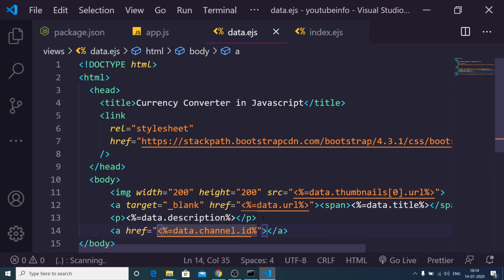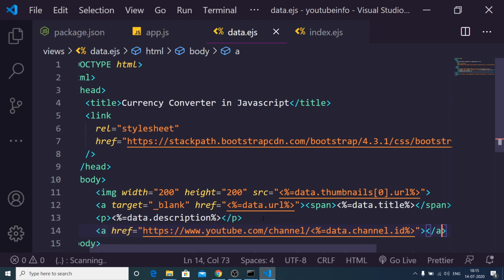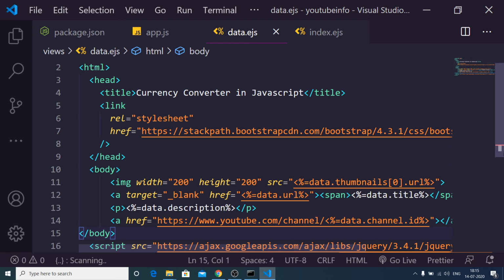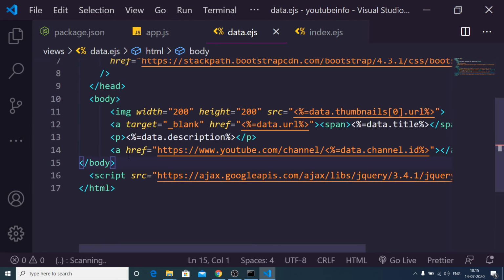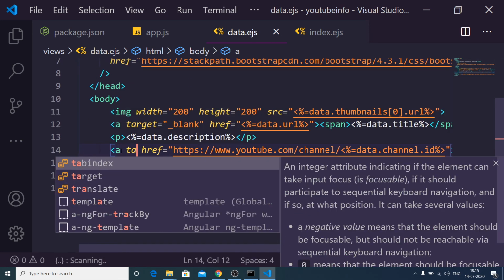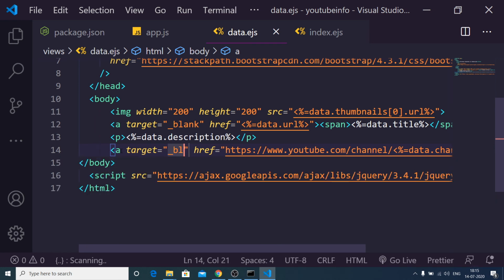So close it. In order to go to a channel we need to write www.youtube.com/channel/ followed by the channel ID. That's it. So once again, when I click this link, I need to open this inside a new tab, so target underscore blank.